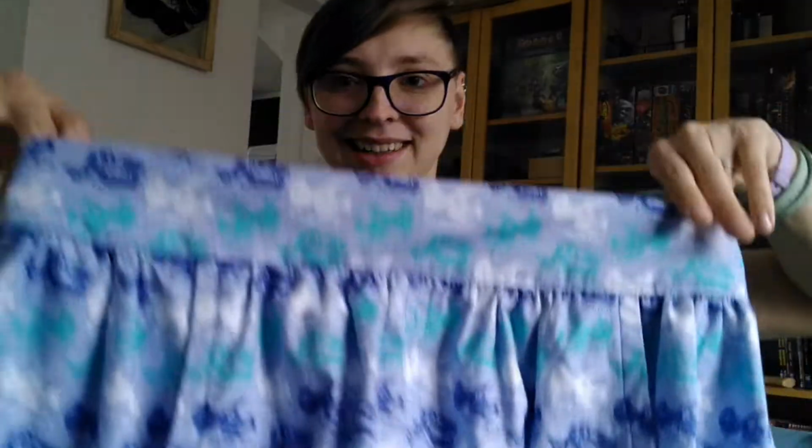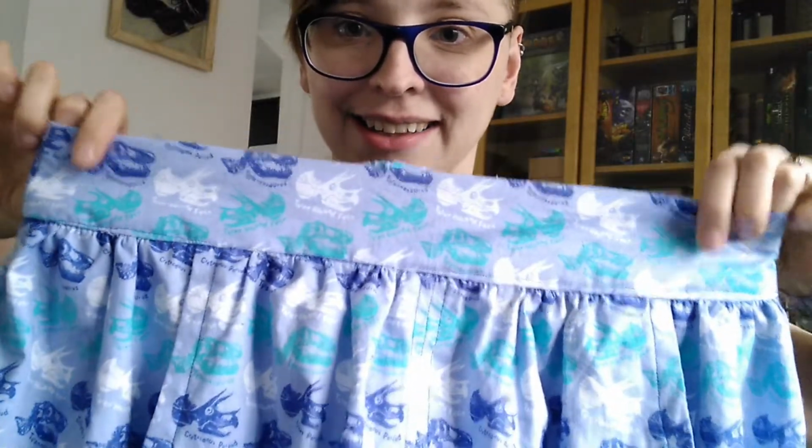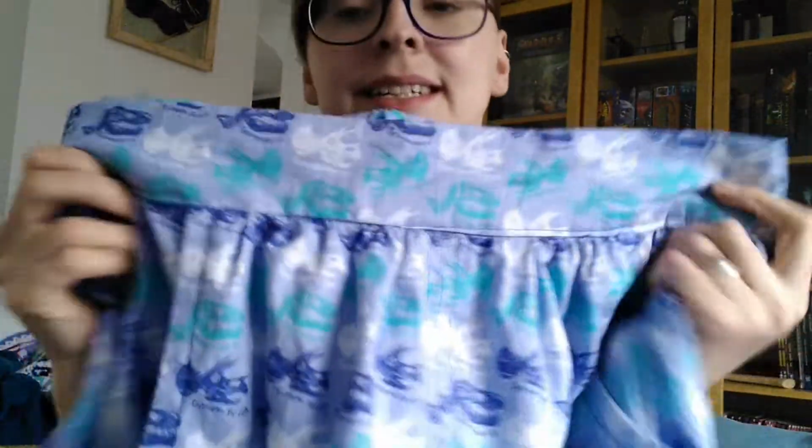Something I was making last time I did a blog: my dinosaur skirt is done. It wasn't done the first time I filmed this, or the second time, but now it is. So I have a finished skirt. And the top stitching, again, a little bit messy in places, but...